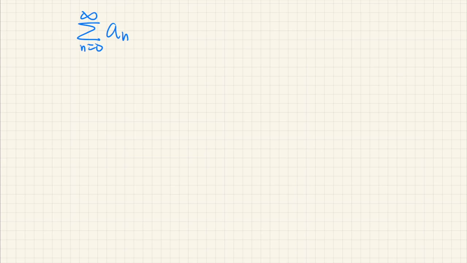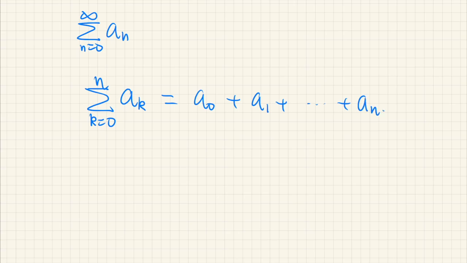But anyway, suppose we have this, and for a given non-negative integer n, let's define this sum, from k equals 0 to n, of a_k. That is a_0 plus a_1 plus and so on up to a_n. This is a well-defined sum because it is a finite sum, and it is called the nth partial sum